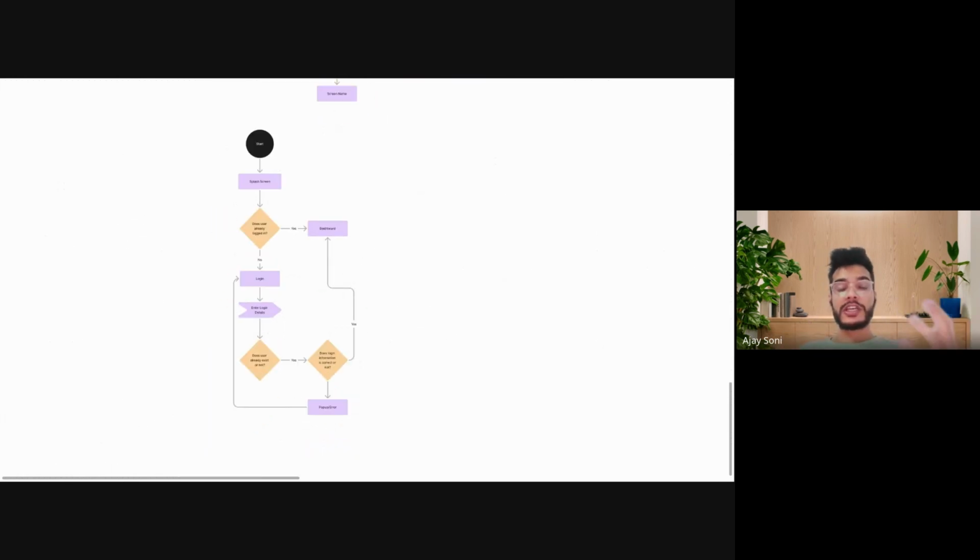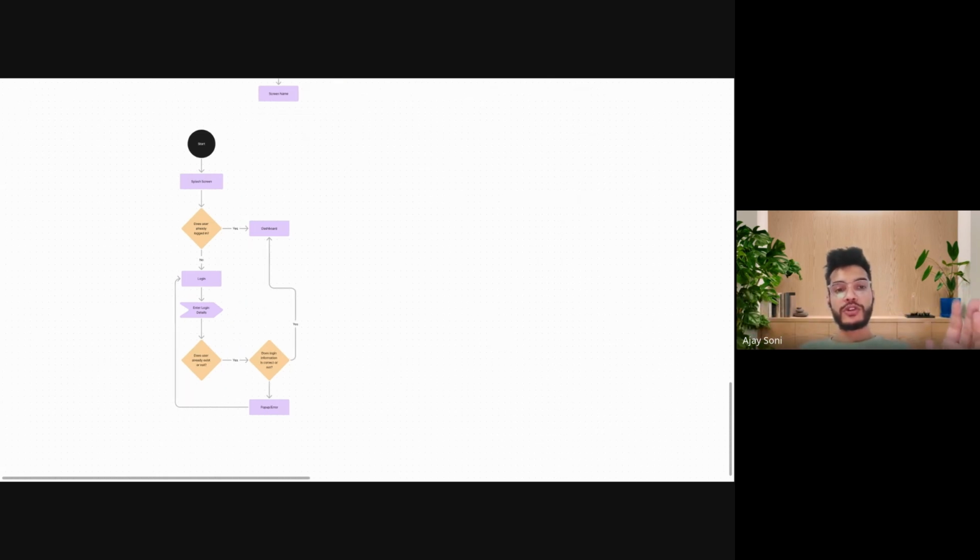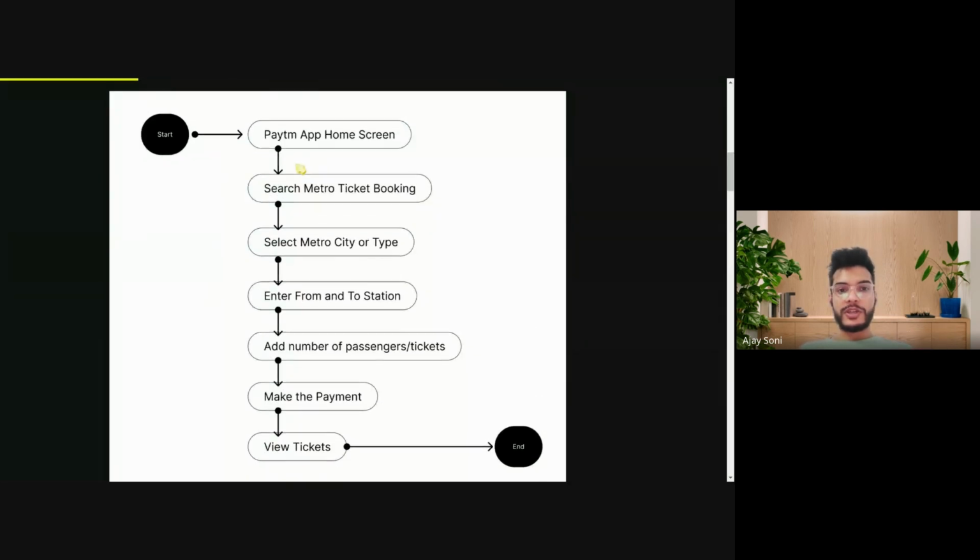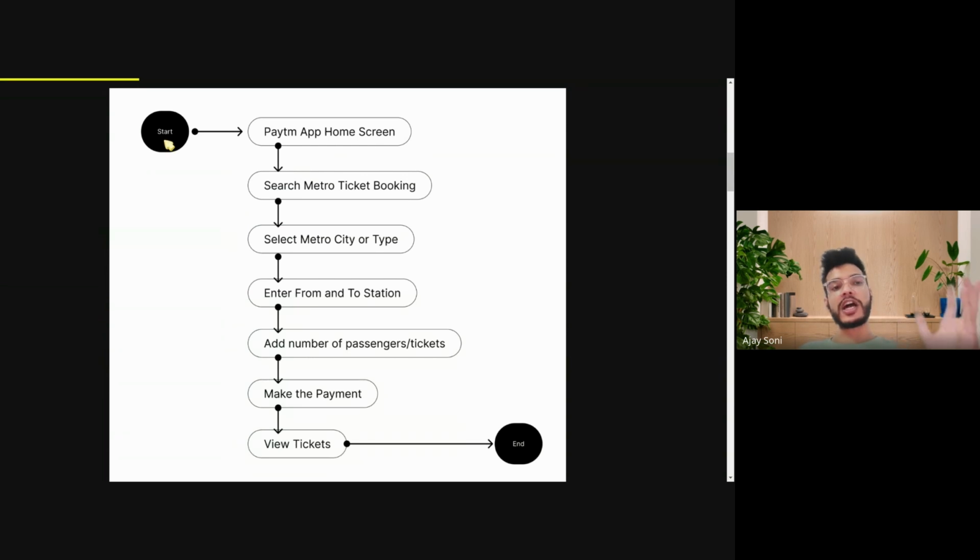But you will be saying, okay, I am just doing a very small change in an existing product, so should I create it from the very scratch? I mean, would my user flow chart be including all the features that they are having? No, you don't have to do that. So what you can do is, let me show you one example for this thing. I'm just giving a starting point.